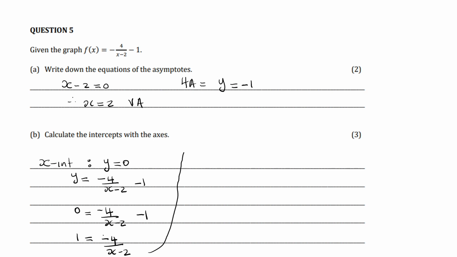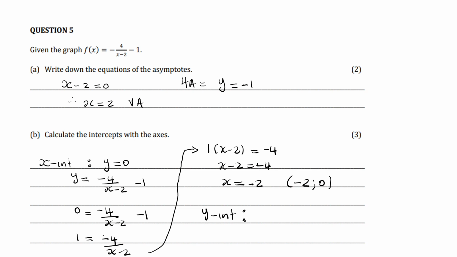If we bring this thing up, we're going to cross multiply. So we can multiply the 1 with x minus 2 and equate this to minus 4. Therefore, if we solve for x, multiply out the bracket, then we can solve for x. We'll get that the value of x is just negative 2. So remember, we said we'll find the x-intercept if y is 0. So we know that our x is minus 2 and the corresponding y value is 0. So now we can find the